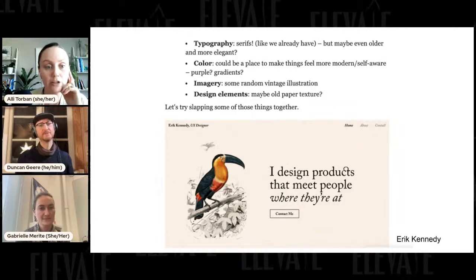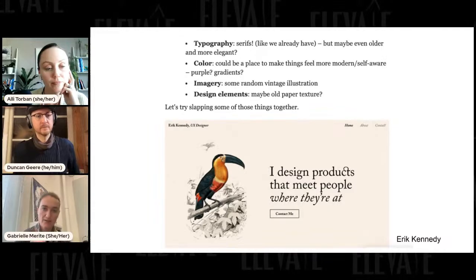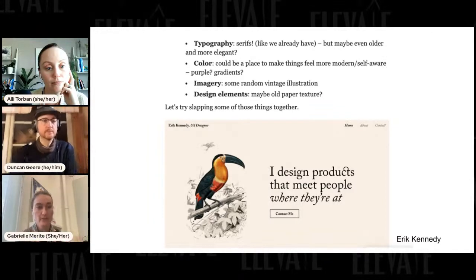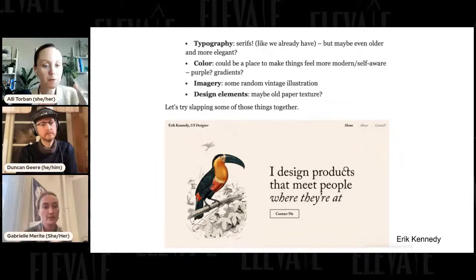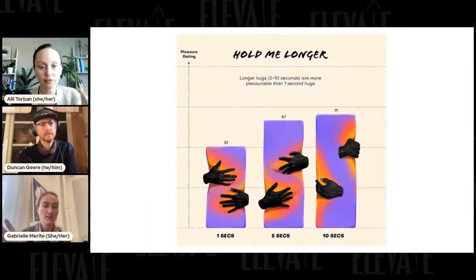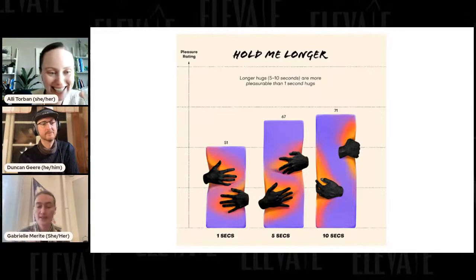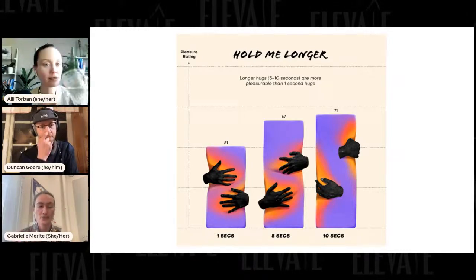Exactly, typography, color, imagery, design elements. The thing that's hard, though, is that in color, for instance, there are so many variations you can play with. Like the hue, which is the color itself: you pick purple versus yellow. The saturation: is it towards the gray or fully saturated? How you apply those colors is very important. So it's so much more than just choosing a color, right?